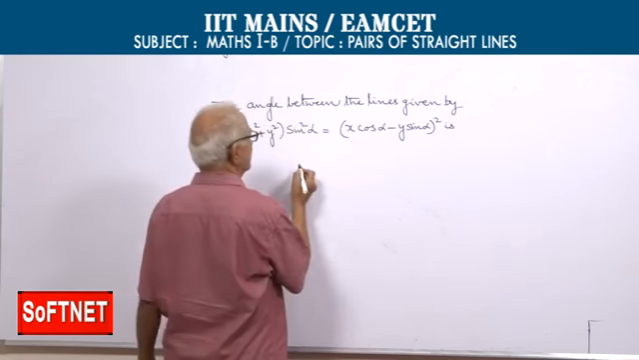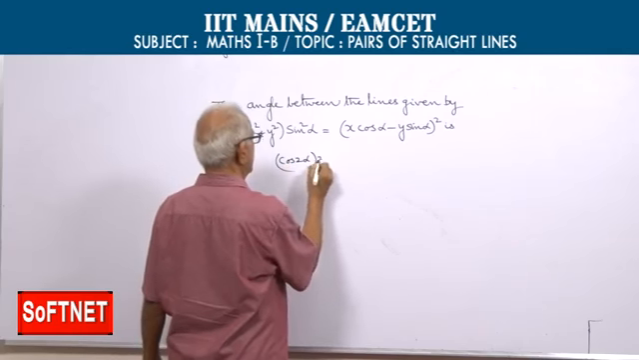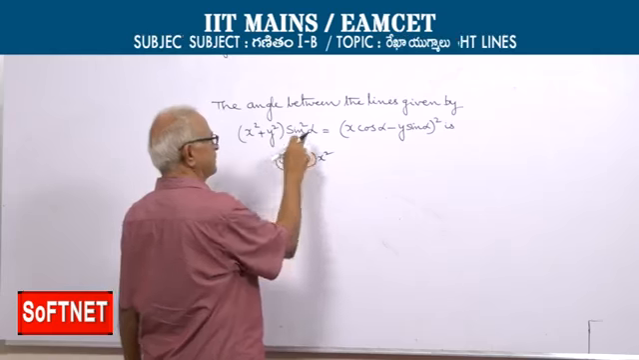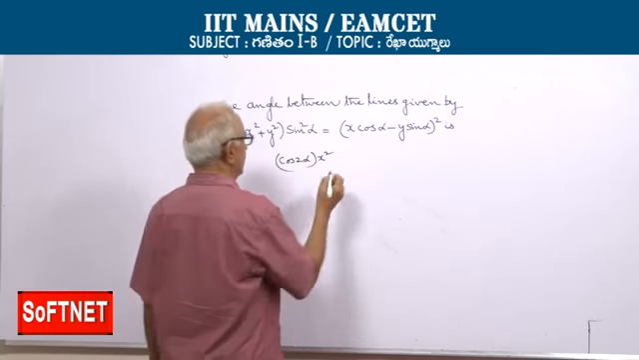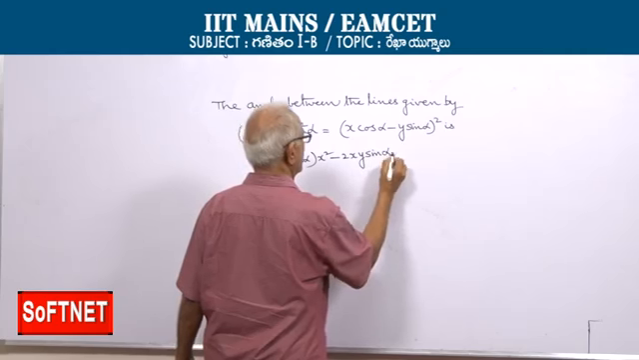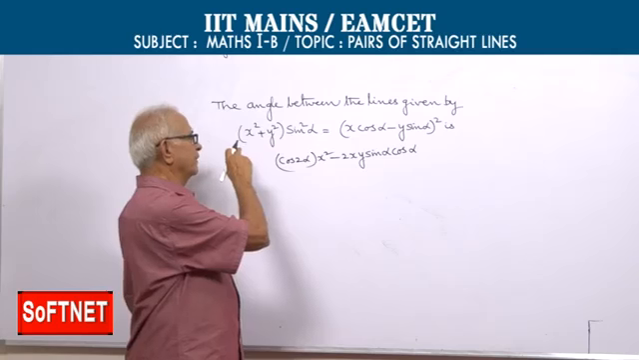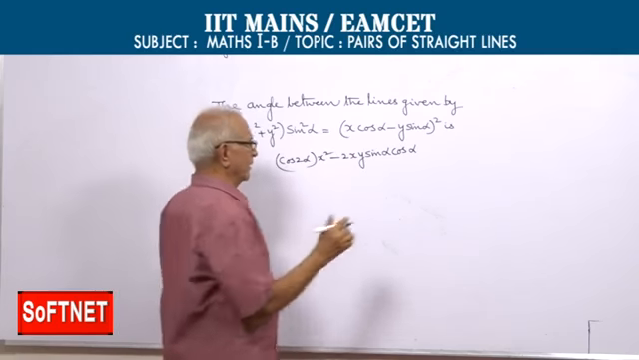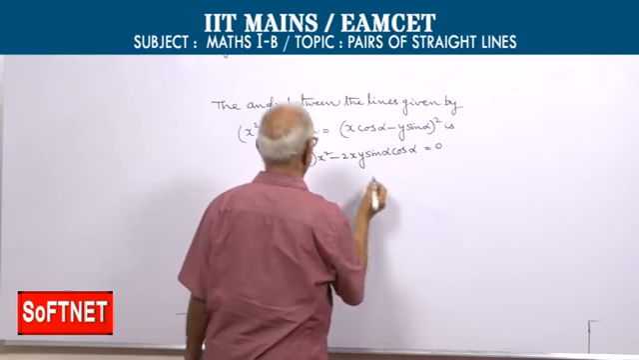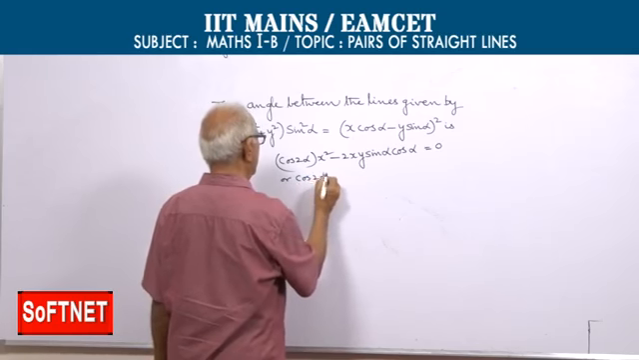So this is x square into cos 2 alpha, because cos square alpha minus sin square alpha is cos 2 alpha, minus 2xy sin alpha cos alpha plus y square sin square alpha, that will be cancelled. Or cos 2 alpha into x square